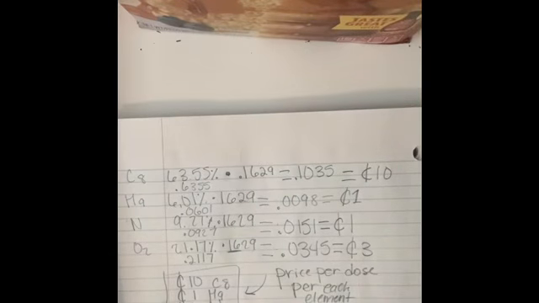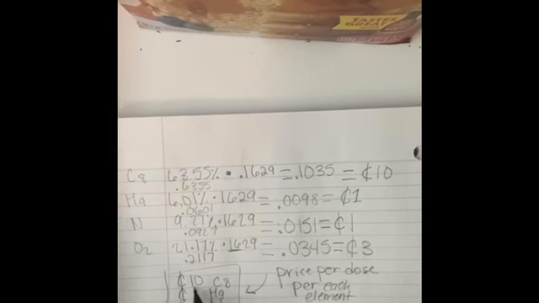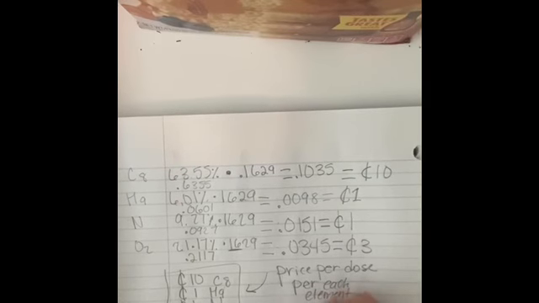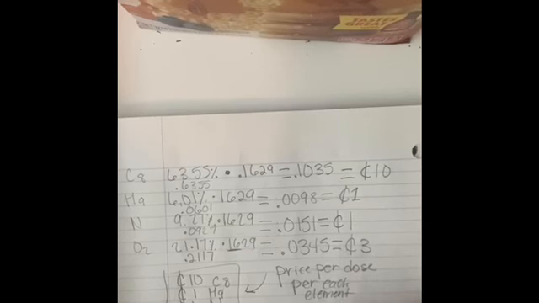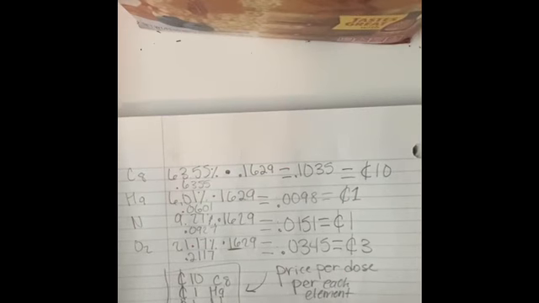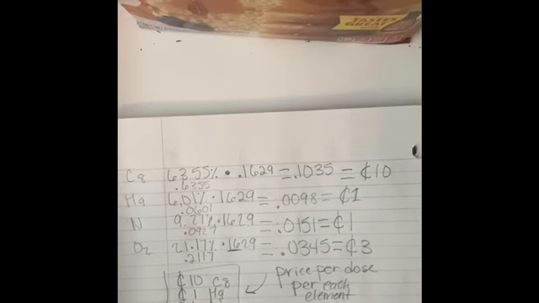Alright, so just to recap, we got the price per dose for each element. We got 10 cents for C8, 1 cent of H9, 1 cent of nitrogen, 3 cents of O2. Alright, and that equals out to 16 cents per dose. Right? But your cheapest option is going to be Tylenol, and that sits at $14.97. Alright,